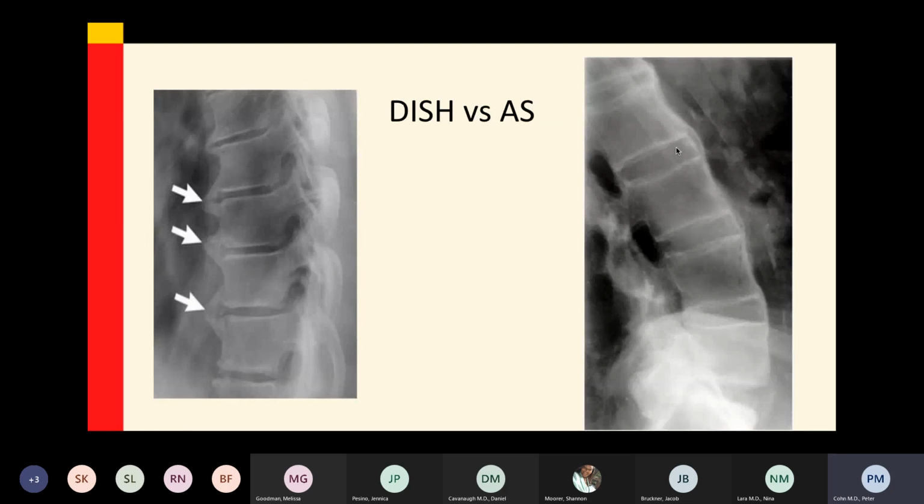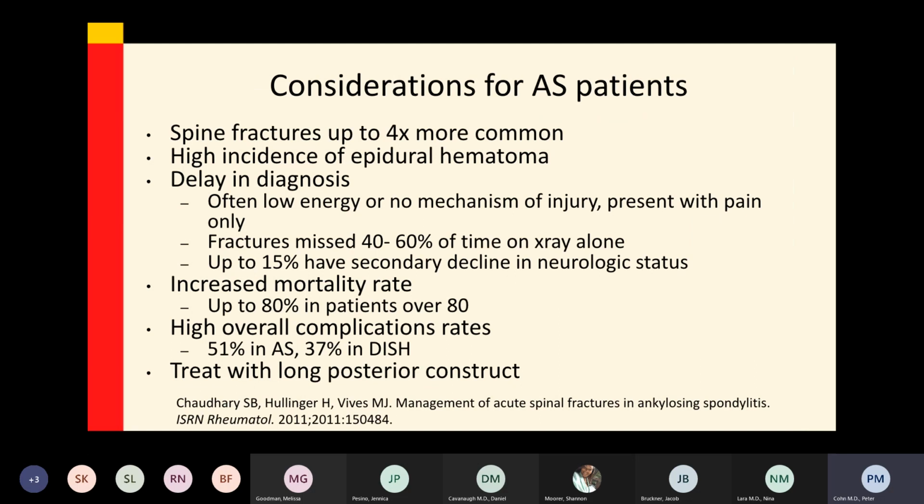But both of these cause a fused spine, and generally cause a fused spine in kyphosis. And the importance of recognizing those two things is that these patients are really very different than your normal fracture patient. So patients who have ankylosing spondylitis in general, or really any ankylosed spine, have 4 times more spine fractures than the general population. And they have a very high incidence of epidural hematomas and neurologic injury at the time